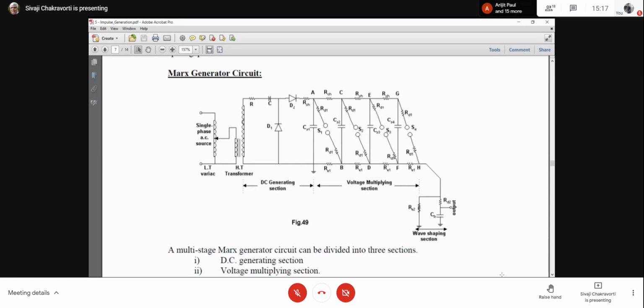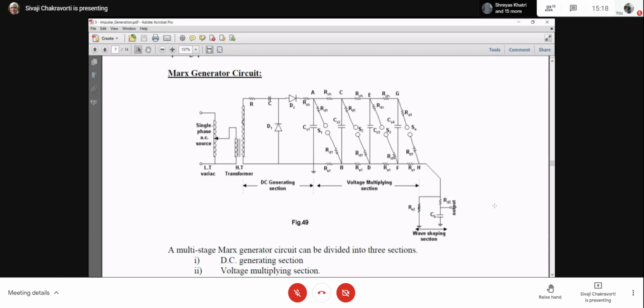Similarly, if you see that RE here in the right bottom is in parallel with CB. But look at that, this terminal RE2, this common terminal here, then through H, F, etc., this goes to R. So there are certain RE1 here which will come in series, and then that series combination will come in parallel with RE2. Look at the circuit, RE2, this is the common terminal here. Then from here, these RE1, they are in series and then they go to R. So 4 RE1 and RE2 are in parallel.